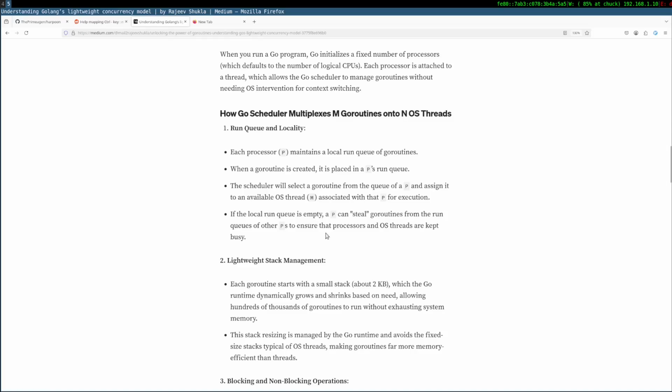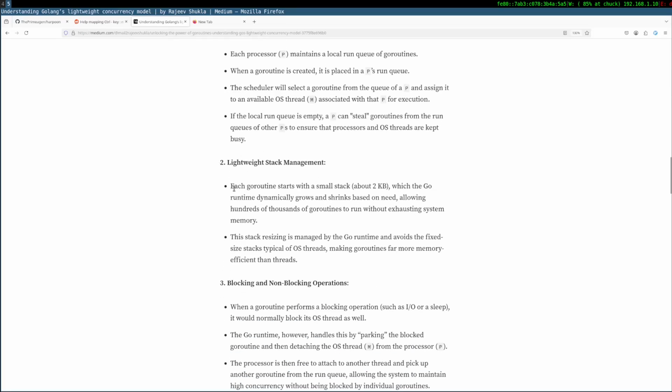Okay, lightweight stack management. Each Go routine starts with a small stack of about 2 KB, which the runtime dynamically grows and shrinks based on need, allowing hundreds of thousands of Go routines to run without exhausting system memory. Thank you for consideration. Okay, dynamic. The stack starts from 2 KB and it grows and shrinks depending on the use case.